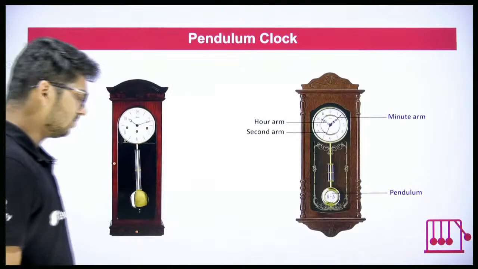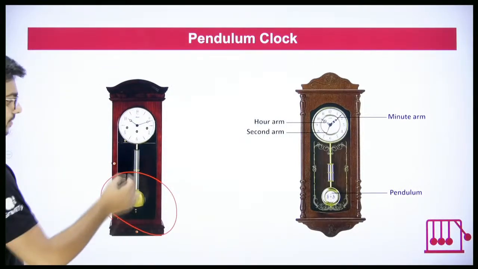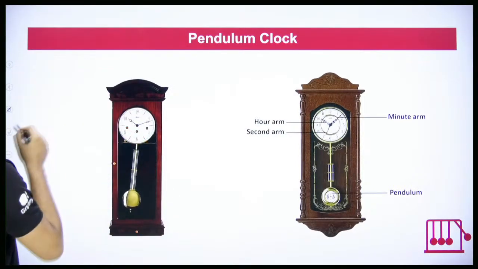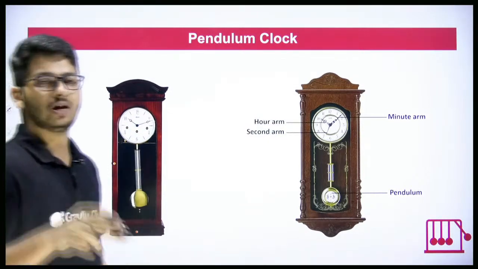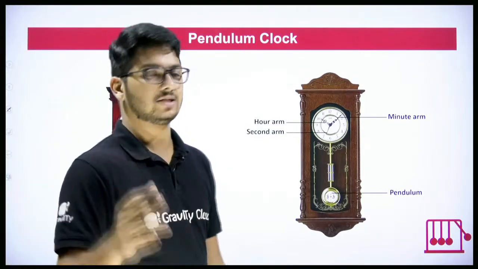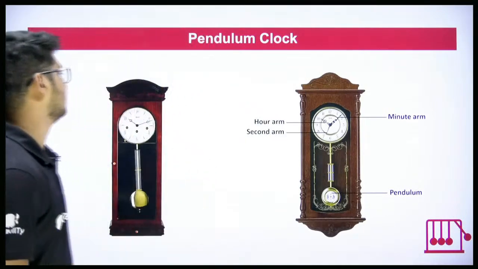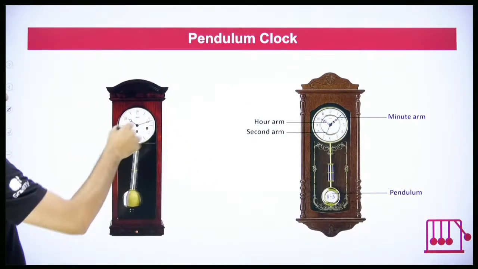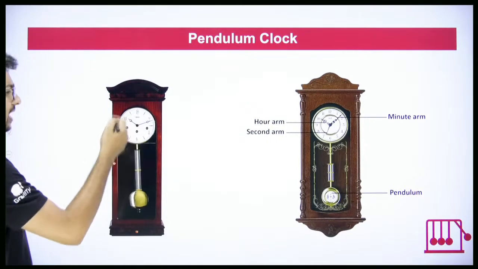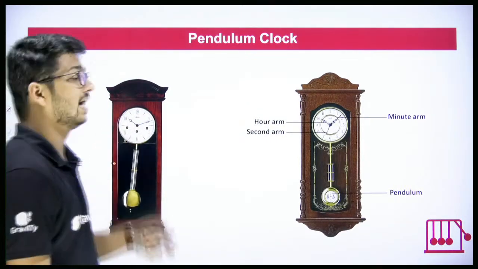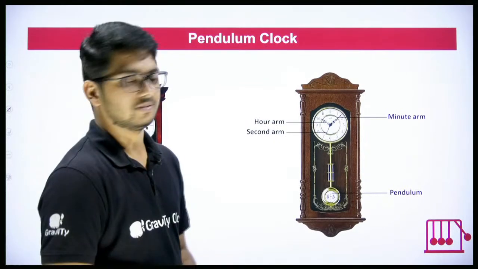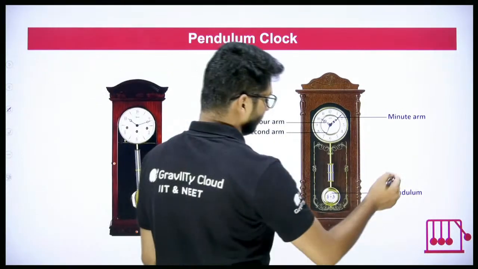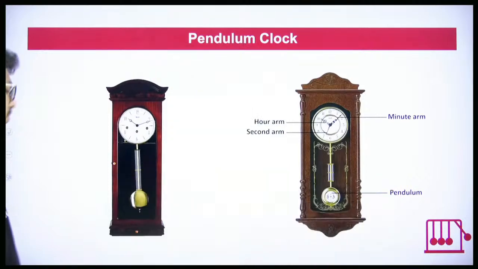Yes. What is a pendulum? You can clearly see that here. This is the pendulum. Can you see what's happening? It oscillates. A pendulum keeps on oscillating. Yes or no? And as the pendulum oscillates, here the second hand moves. Here there is no second hand. So gradually the minute hand and the hour hand move. So the pendulum oscillates, and according to the pendulum oscillation, the second hand, the minute hand and the hour hand move. In fact,